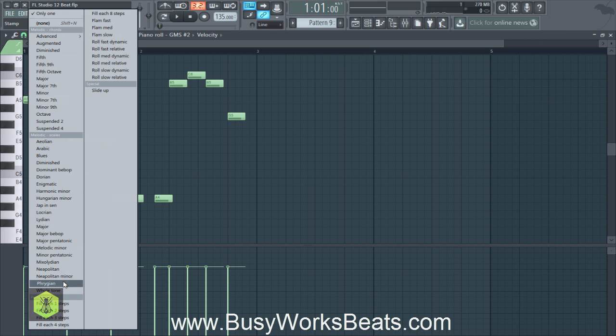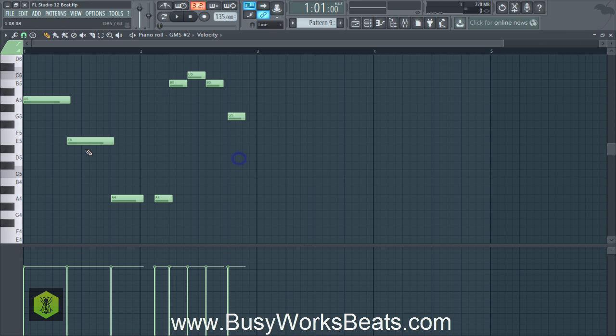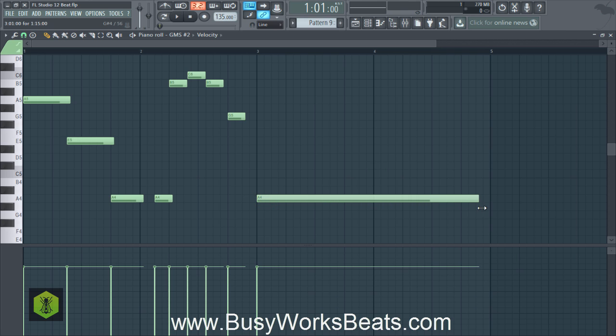So this is the weird part about this stamp mode. Okay, so not to confuse anyone, because it's not an option here, so that will confuse a lot of people. We're going to create the natural minor scale. Okay, so now we're going to create the A natural minor scale. And all this really means is we're just going to put a note as a reference here. So we're going to start at A, and we're going to drag that note out to be very long.